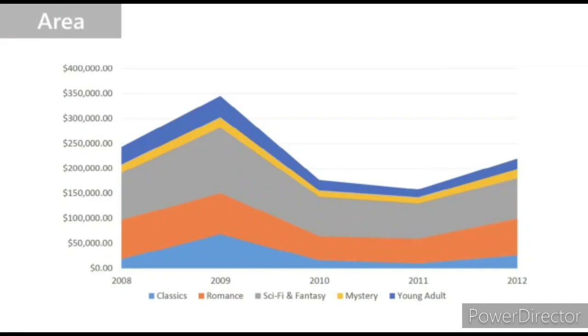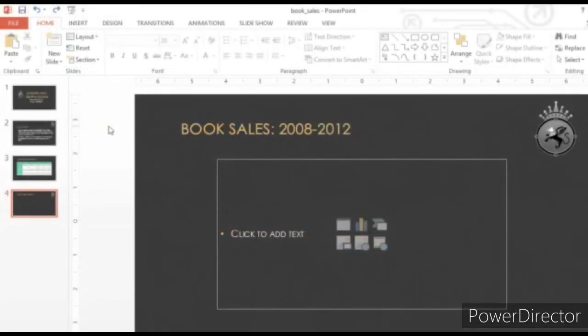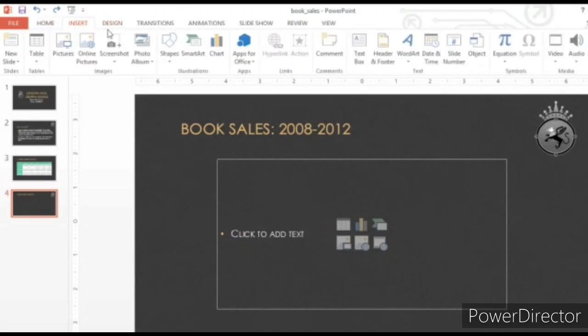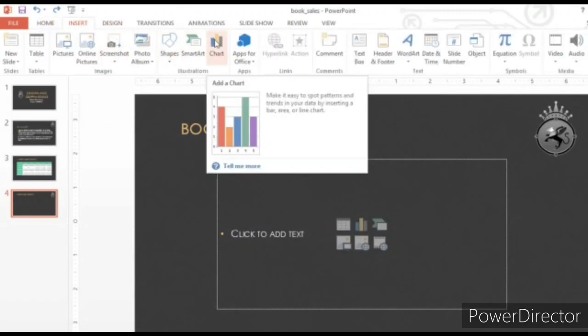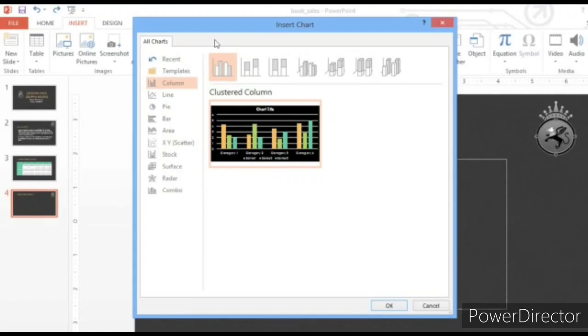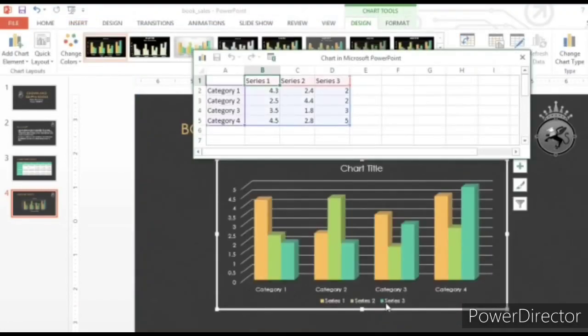Already we have studied inserting a chart. That means creating a chart. How will you create a chart? Click on the Insert tab. Click on Chart. Then the Chart Type dialog box will appear. You select any one of the desired charts. Suppose we select column chart, I am selecting column chart. Click on OK. Now the chart will appear on the screen with the data.